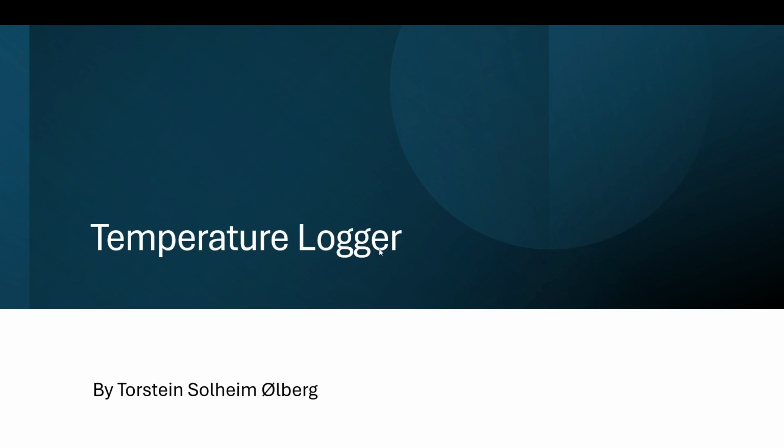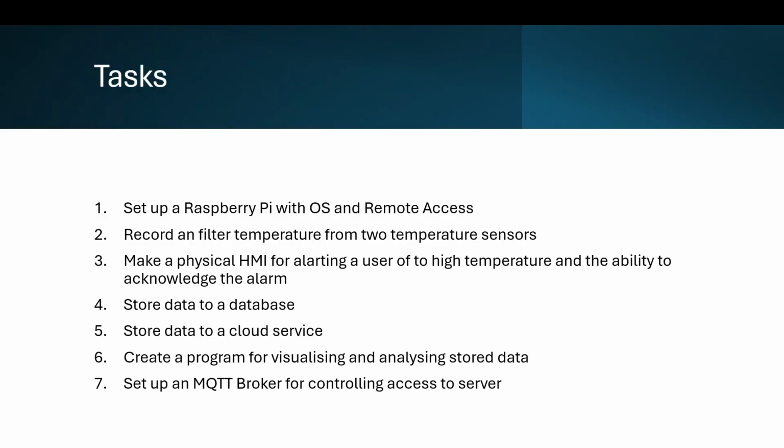Hello everyone. This is a presentation of a temperature logging system, which had the requirements to set up a Raspberry Pi with some operating system and remote access, then to record and filter temperature from two temperature sensors, make some human-machine interface for alerting the user to a high temperature, or to some high temperature as a threshold, and the ability to acknowledge the alarm, to store the temperature data